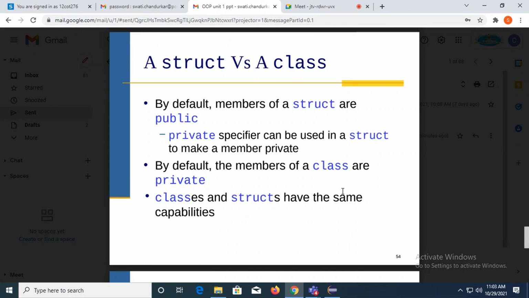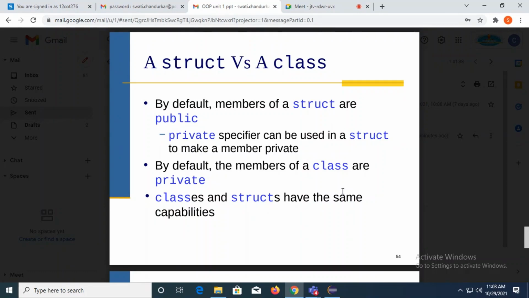So that is one difference between structures and classes: by default, the members of a structure are public, and in object oriented C++, classes have private as the default visibility.